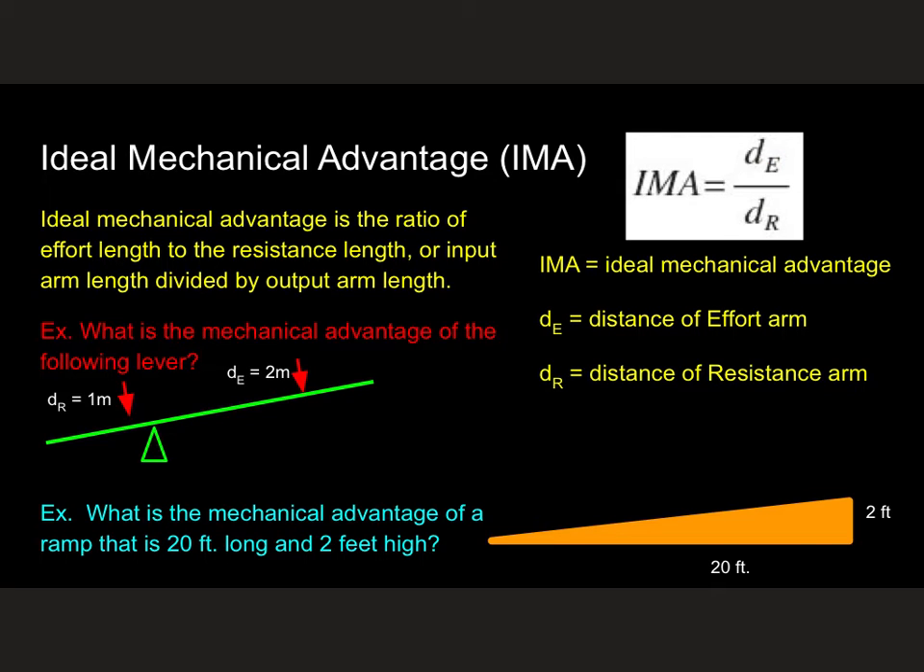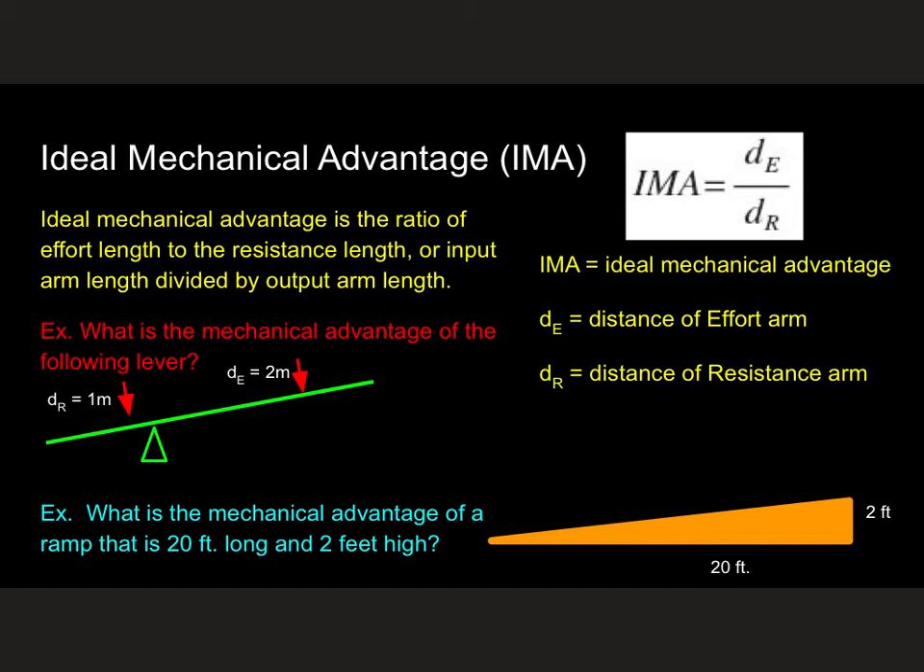Another way to think about this is, let's say I'm using a ramp here. If I lift it straight up, that's the distance I would have to move it if I didn't have the ramp to use, right? So that's my resistance because it's what I'm getting out of it. It's what I hope to accomplish with the distance here. I just want it up 2 feet. Now, my distance of effort